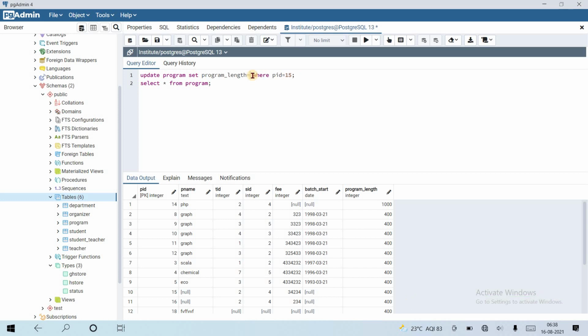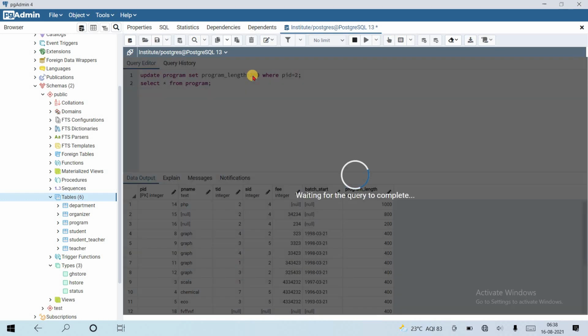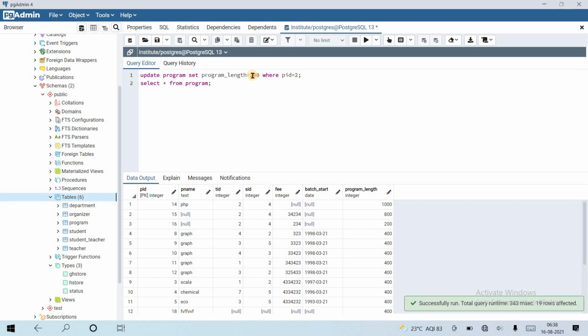So different values are inserted for the program length column. 16. Same values were inserted, suppose 200 again, and 200 for 2, 2, 2, 2. Yes, that's it.